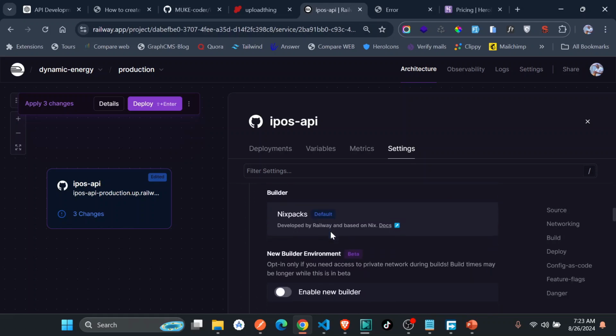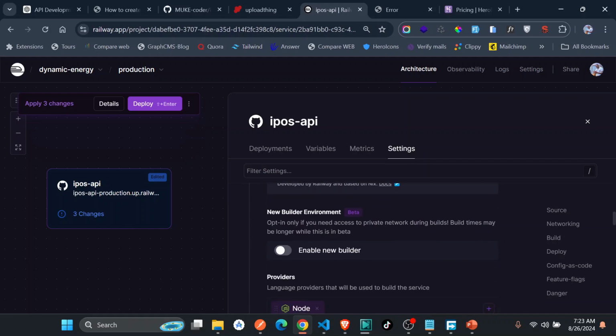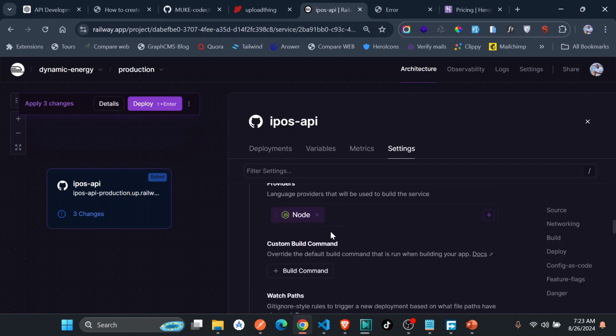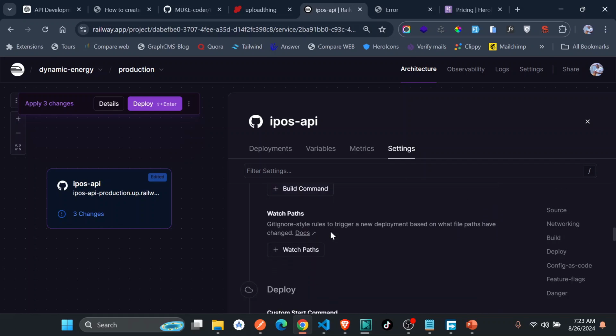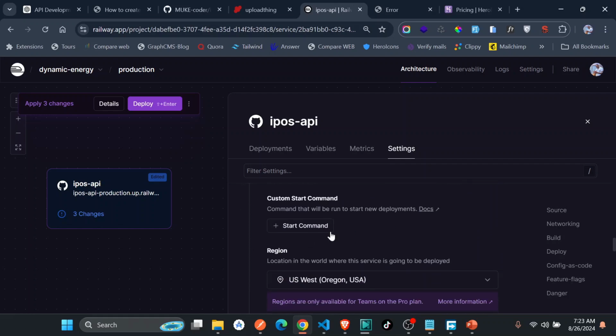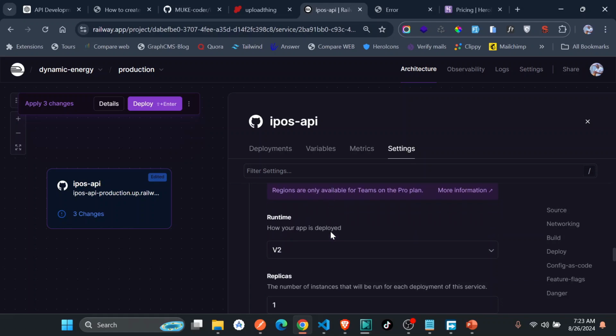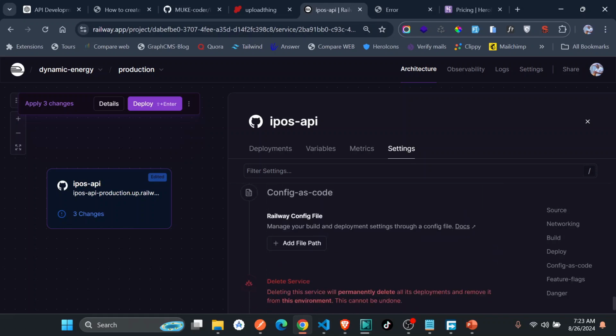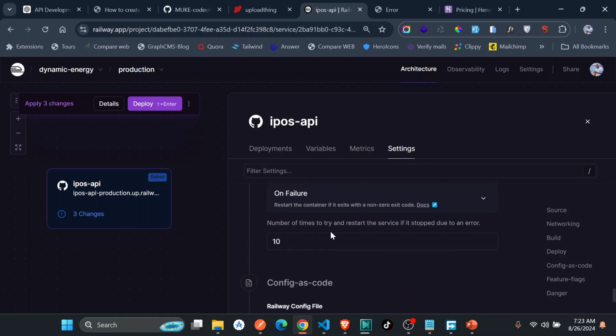The build was done. Enable new build. Providers Node.js build commands. You don't need to do all these. As you can see, the start command, all these ones have just been configured already for you. Okay, so let's now go ahead and test and see if we have, for instance,